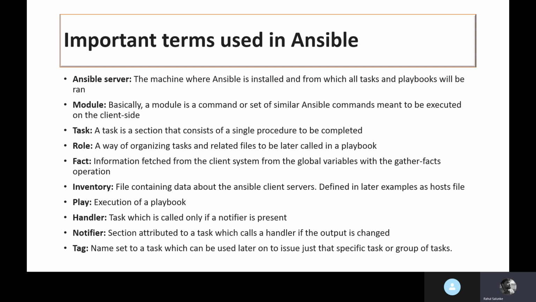Okay. Inventory is a file containing data about Ansible client servers. Now we want to perform tasks on some remote machines, right? So we'll have to keep the IPs of those remote machines somewhere. That is nothing but your inventory, in the form of groups. You can have the IPs of those remote machines in the inventory, and we will also be giving the method to